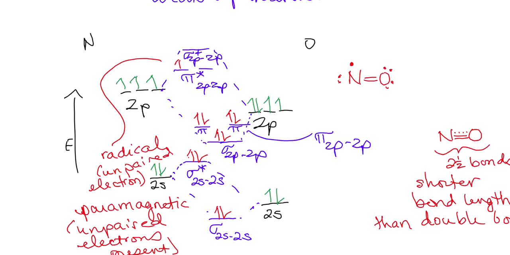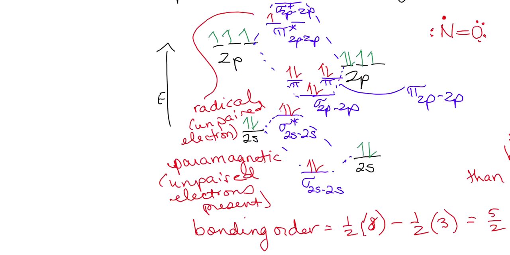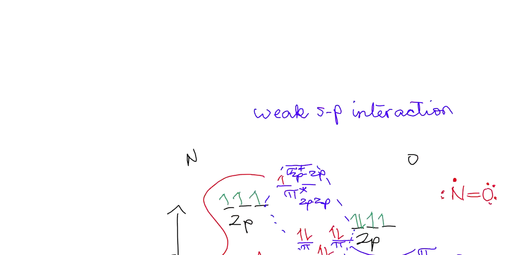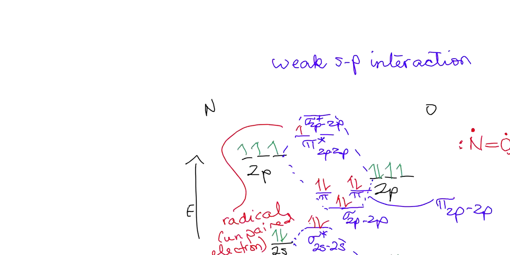All right, so that's how we treat basically heteronuclear diatomic molecular compounds, that the more electronegative atom has a lower energy when we draw our diagram. Okay,